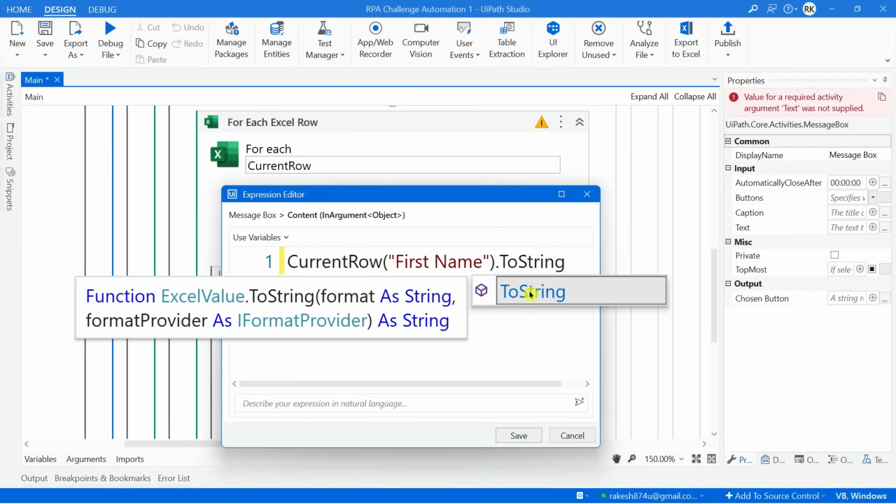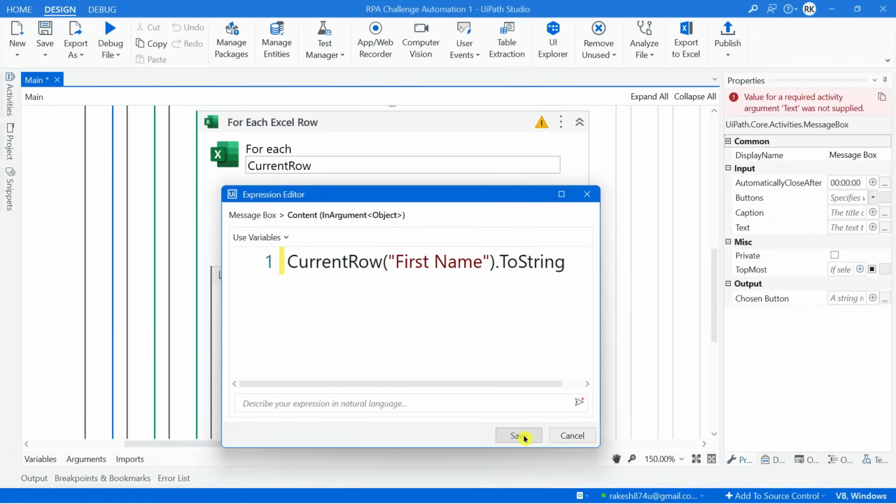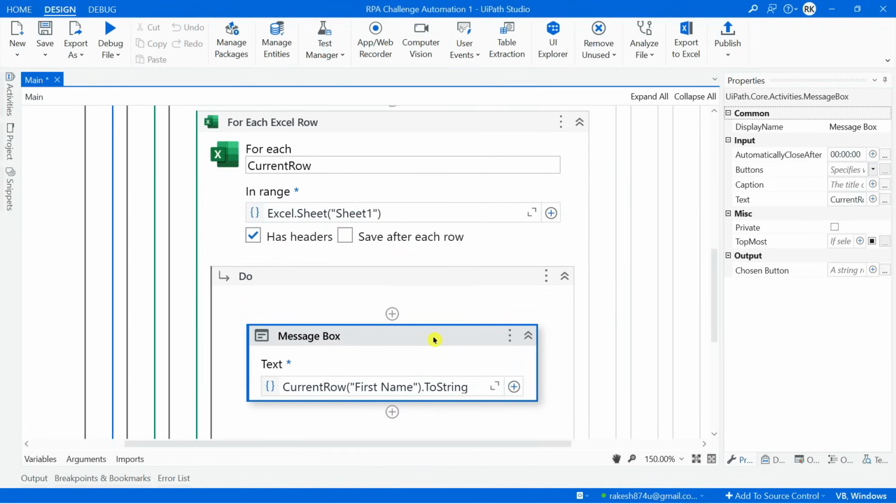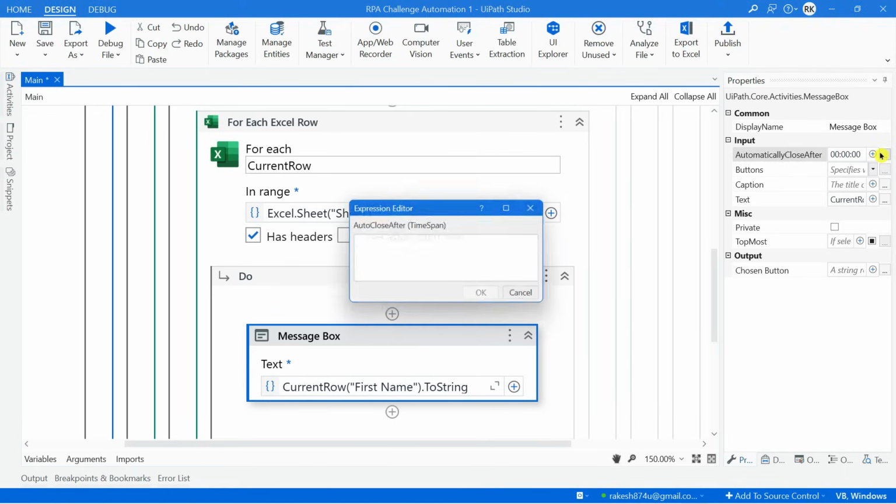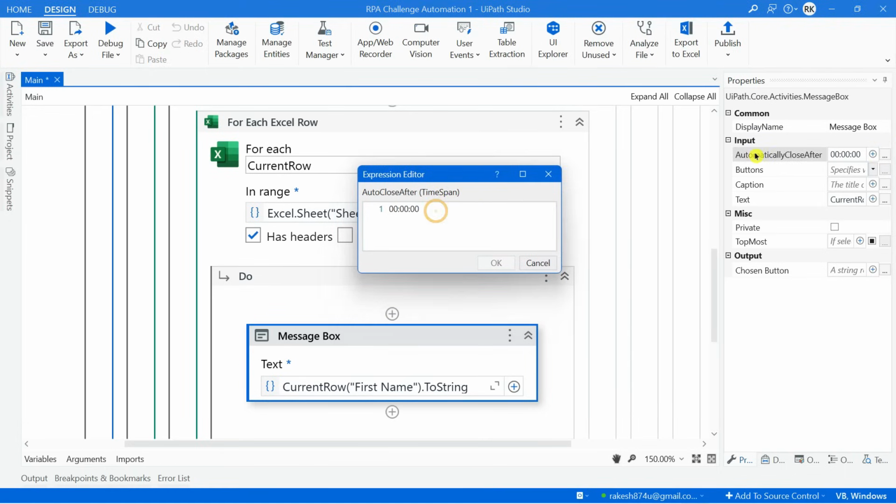Should be a string value, right? toString. Convert it to toString and hit save. Pretty simple. Current row, name of the column, dot toString, and save it. Okay. Now, while I have taught you the very first automation which we did, let the message box automatically close